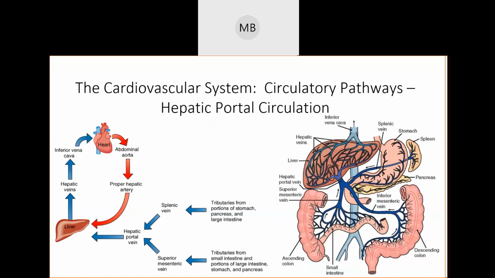All of the veins coming back from your intestines end up merging together to form the hepatic portal vein. And the hepatic portal vein is the large vein that flows into your liver, delivering blood that your liver has